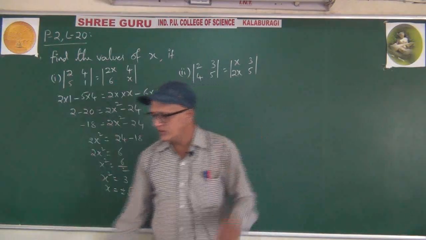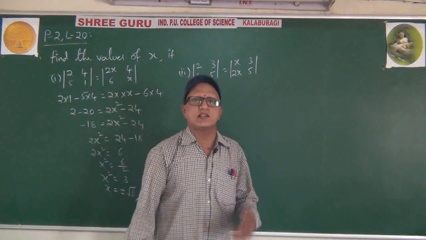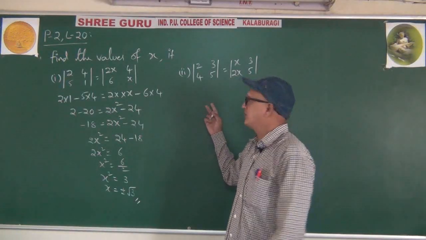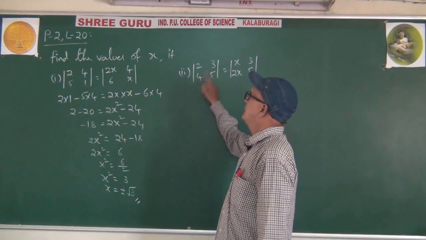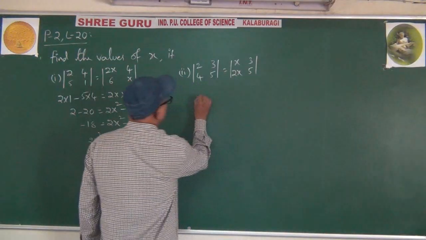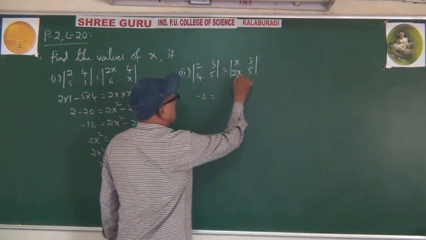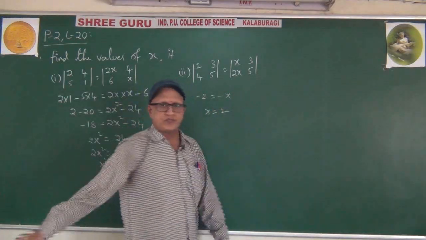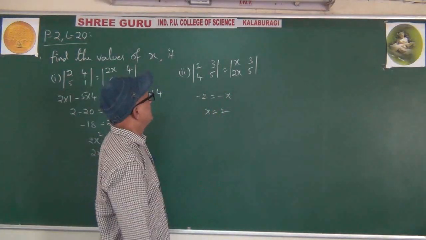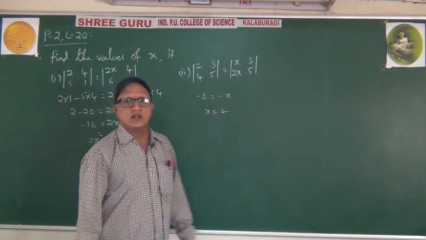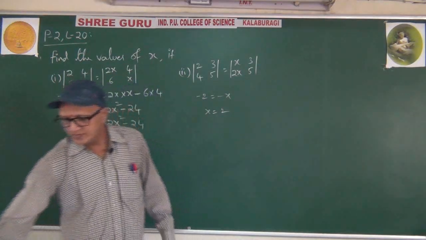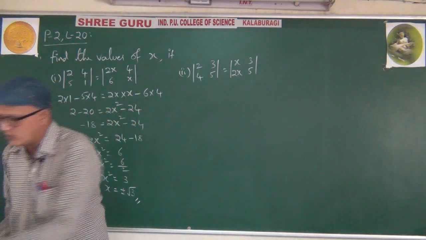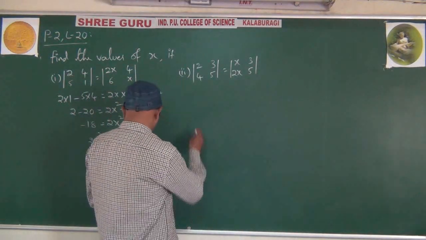Right. So this question you can do as homework. If my guess is correct, already few students completed this. Right? Very good. 2 fives are 10 minus 12, 10 minus 12 is minus 2 equals 5x minus 6x, minus x. I think x equals 2. Solve slowly, you may get the same. Yes, 2 only. Try this one, do it as homework. Another question is also homework. This is an objective question.